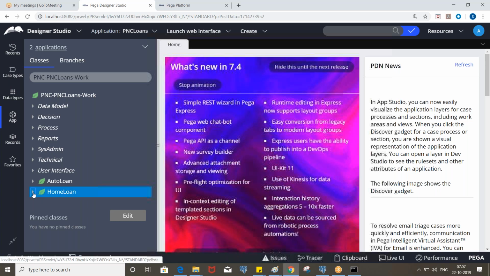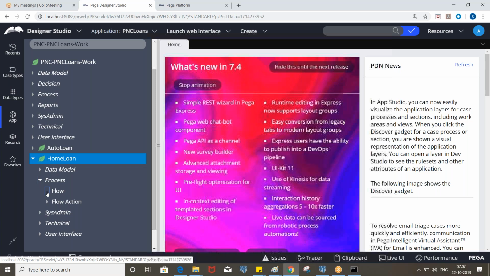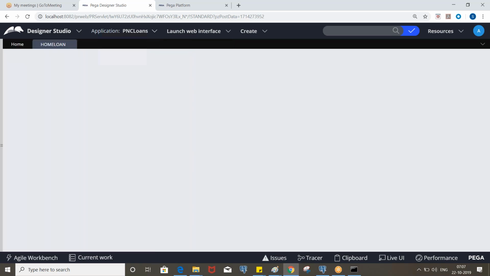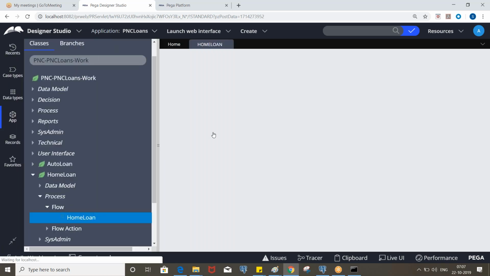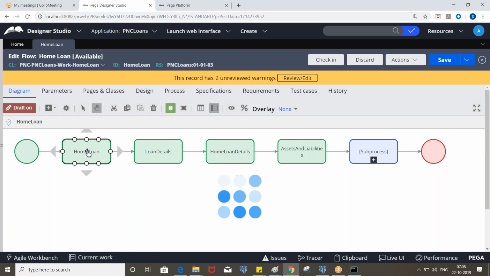Okay, so now, just for testing purpose, I am routing the first assignment of home loan and auto loan to the manager. So we are routing the first assignment. So let's check out. And so this is assignment, right? When you execute the flow, immediately it will be routed to the manager, so you will not be able to perform any screen.